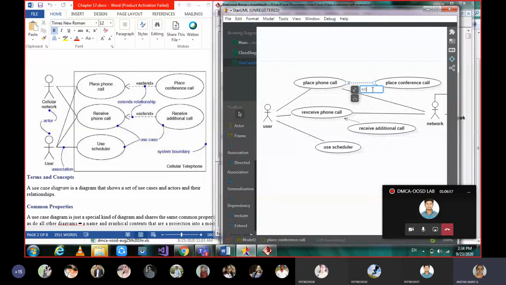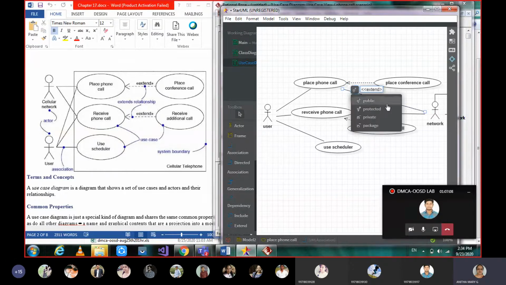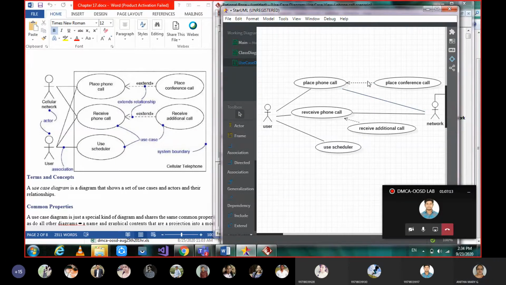It's showing extend and the name, but when we are giving it, it's not taking.